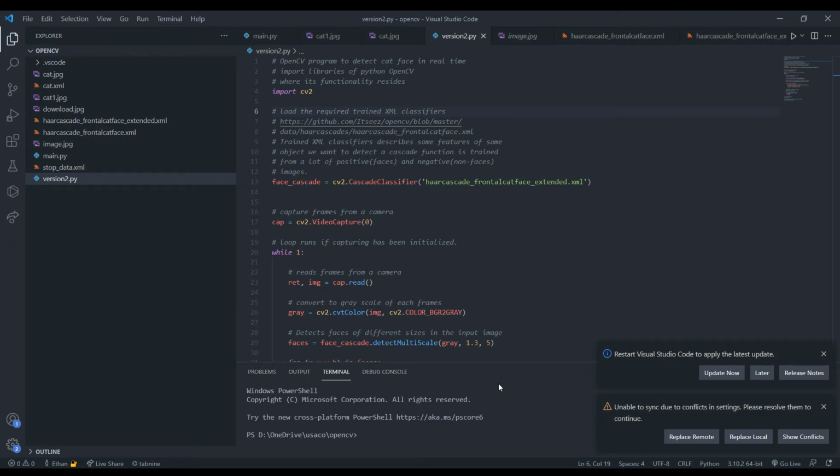First of all, CV2 is used for opening your camera and getting information from that, as well as putting information onto the camera. You can see here I import CV2 as it is a module, and you can also use CV2 for AI